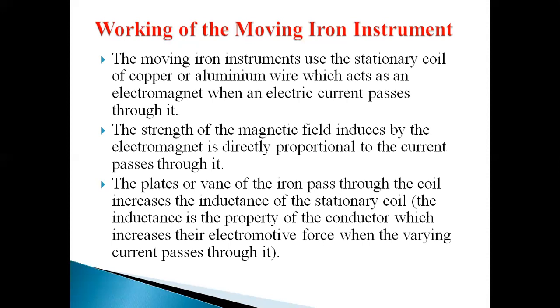When an electric current passes through this stationary coil, it will act as an electromagnet, a magnetic source. The strength of the magnetic field induced by the electromagnet is directly proportional to the current passing through that coil. So the field strength of the magnetic field is directly proportional to the current passing through the copper or aluminium wire. The plates or vein of the iron pass through the coil